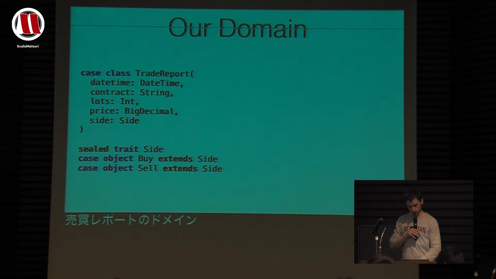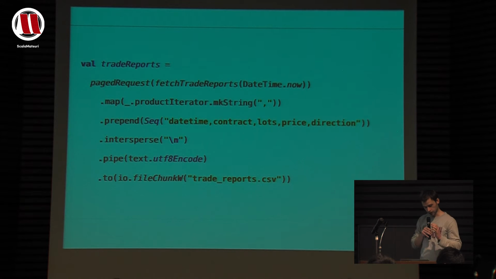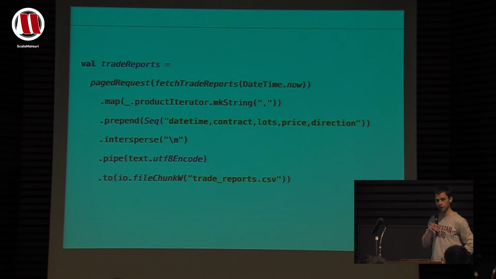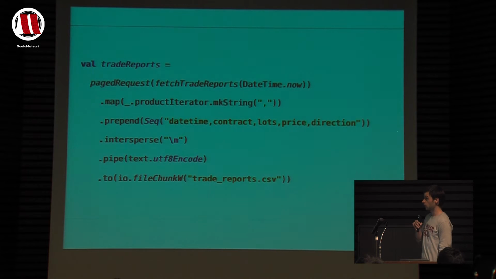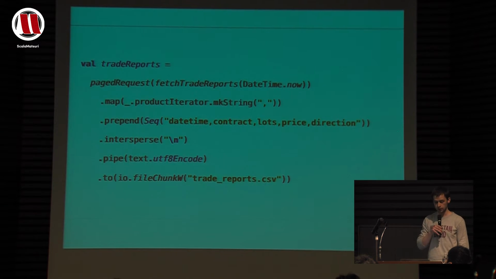So with that having defined, I will just throw you into cold water and we will slowly build up and make sense of what is actually happening on these slides. So we have something called trade reports, which essentially is a process that will write into what you see on the bottom, tradereports.csv. On the top, we see that we have a page request to fetch trade reports API. We get into more detail of this, but what it does is it will give us back a process